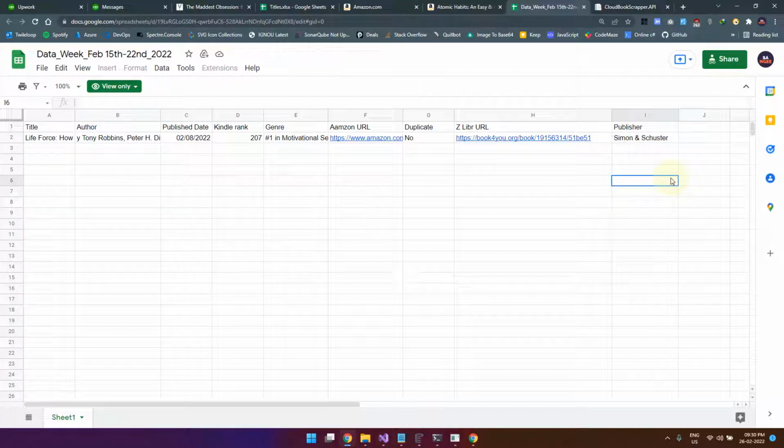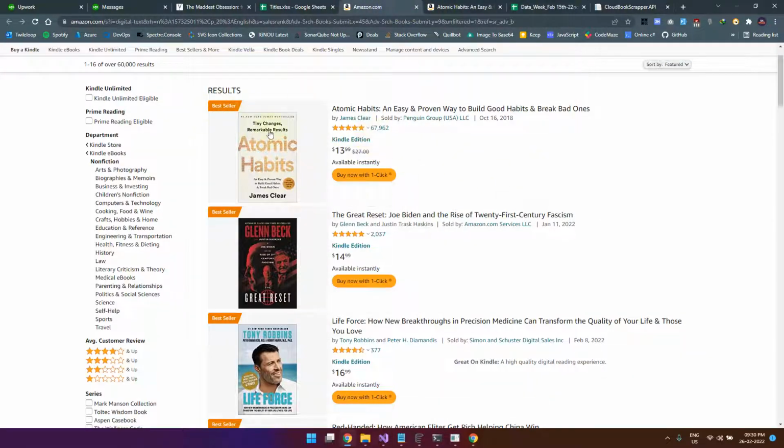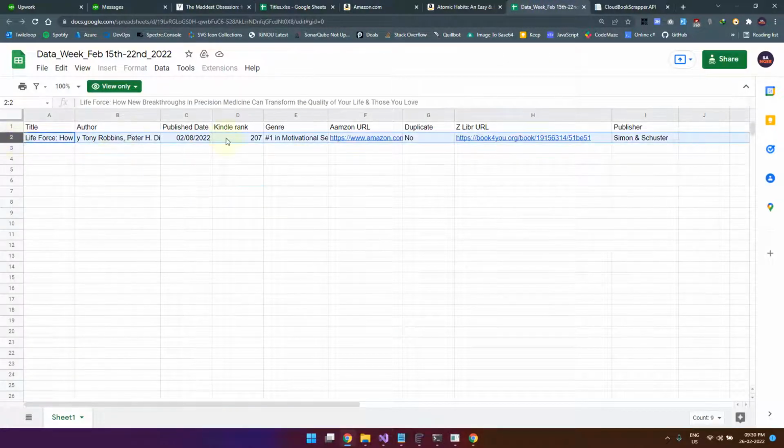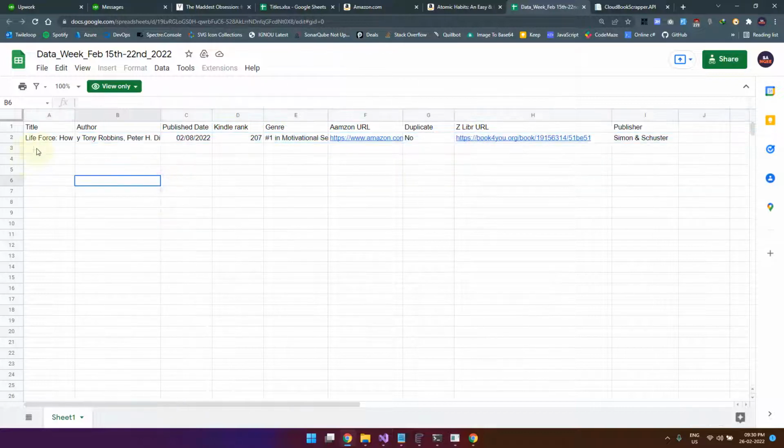Now one more last question I have is, suppose for a book on Amazon, suppose this is the book, Atomic Habits, and I didn't find anything from Zlib, what should I do? Can I skip it, or should I skip adding it to this Excel, or what do I do? Should I just put it in the Excel and omit the Zlib URL because there is no match on Zlib? So in this case, what should be the approach?